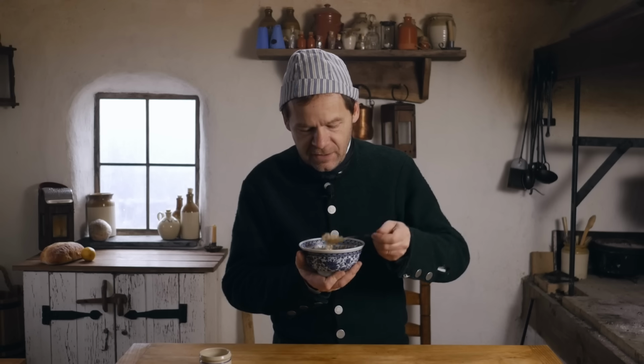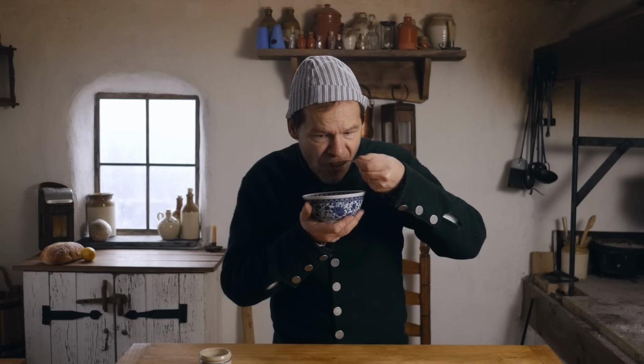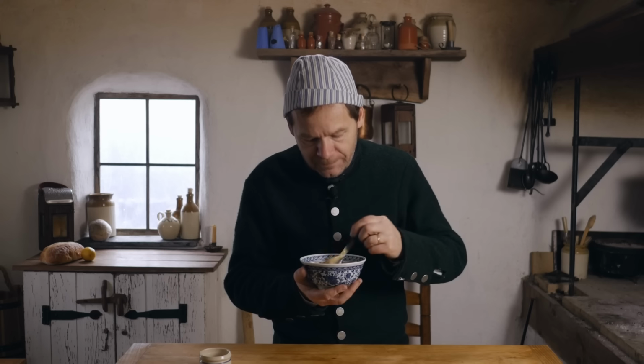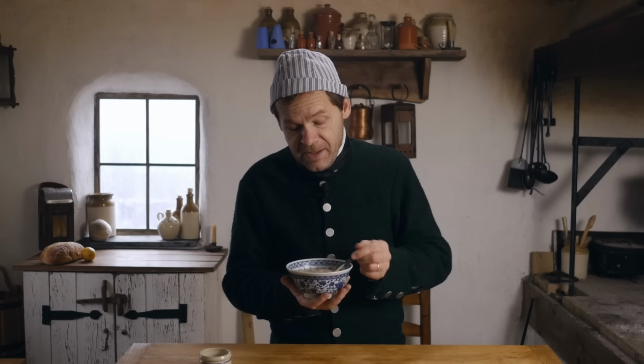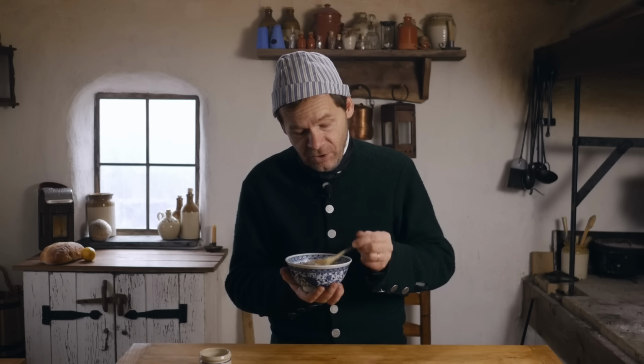Either you go one way or the other, right? So let's try going with sugar. It definitely starts to become almost like a dessert soup. I don't know. Now, you may remember the barley gruel episode that we did, and this is probably kind of close to